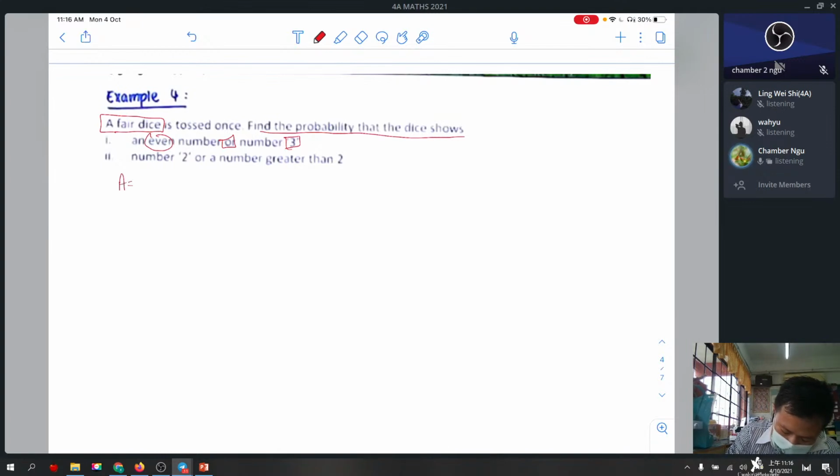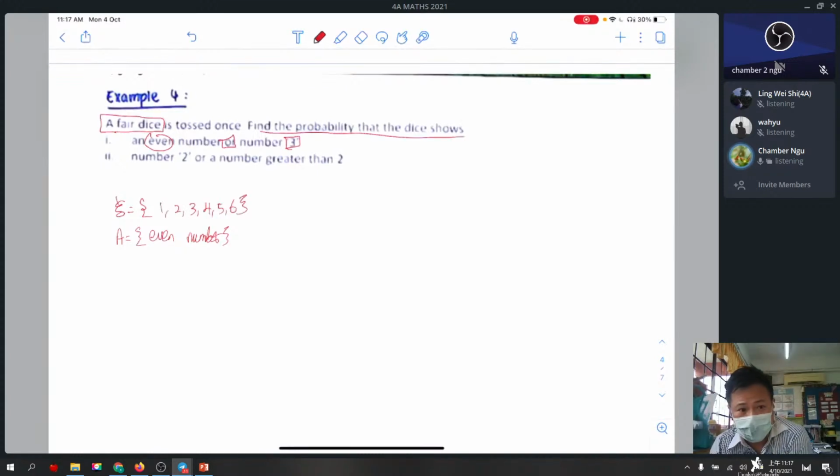Let's say set A means even number. Even number of apa? Kita tahu ini adalah dice. So the dice have only 1 until 6. So this is the universal set, 1 until 6. Then let's say set A is even number. So what are the elements for the set A? Will be